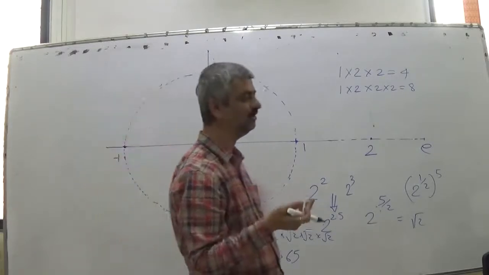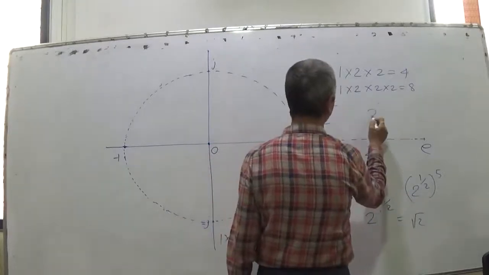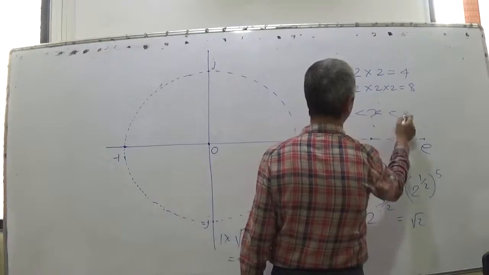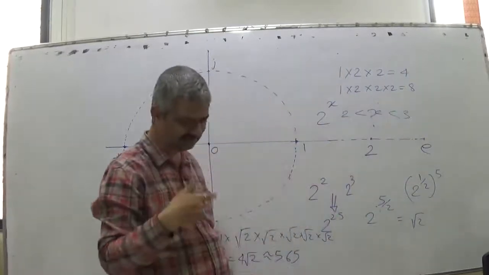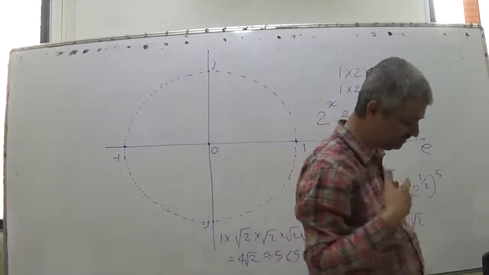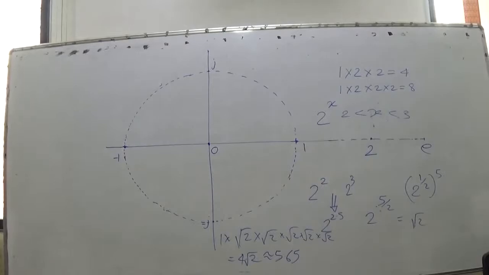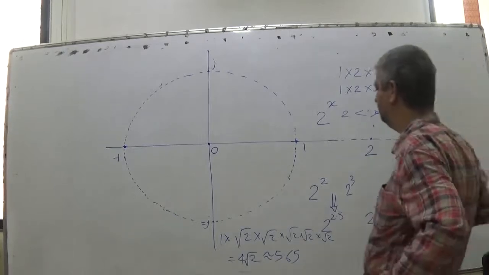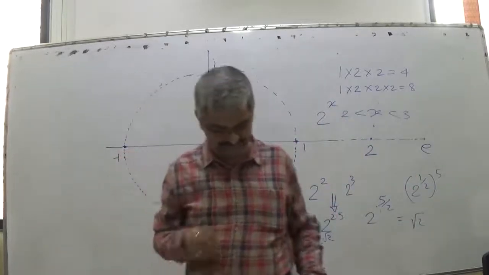Then 2 raised to 2.1, or in general, if I say 2 raised to x where x is between 2 and 3, 2 raised to x will be between 4 and 8. If x is in the p upon q form, then you will find the qth root of 2 and multiply 1 by that number p times. But if it is not in p by q form, in that case,